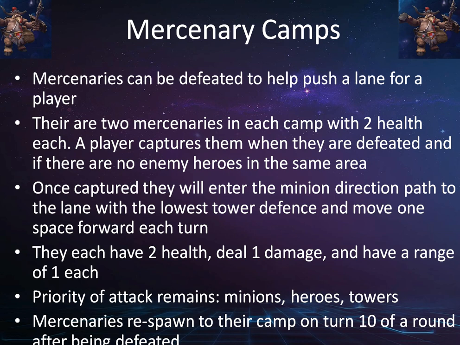They can help push a lane, and they are a little different. They don't attack you. I haven't decided, but they haven't attacked you if you're trying to capture them, but they each have 2 health. So there's a total of 2 mercenaries in each camp, so there'd be a total of 4 on the board at a time. And when a player defeats the mercenaries, and if they're in the same space at the end of their turn with no enemy heroes there, meaning they can sneak in and try to steal the camps from you,